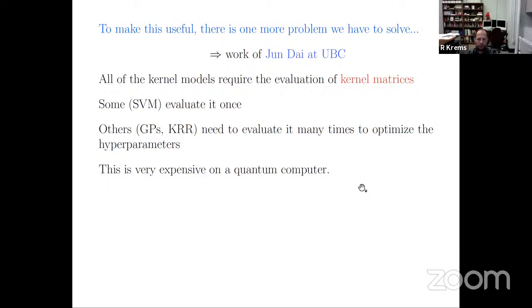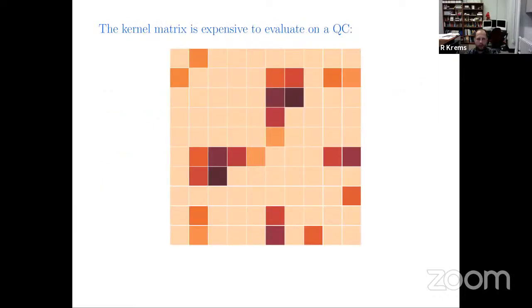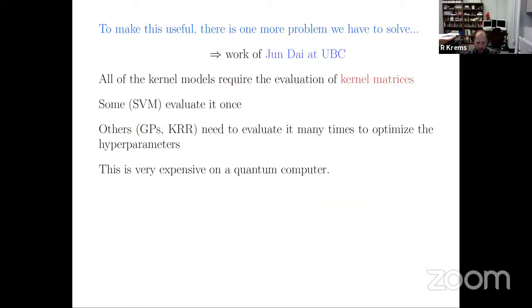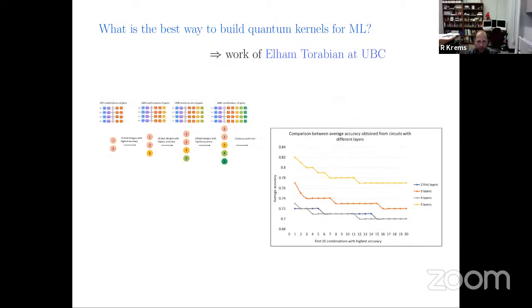So one of the problems that June is working on is... Yeah, can you come back to the results on the previous slides? Yeah, so this does not depend on the number of qubits, as you mentioned. No, so the number of qubits is fixed because the number of qubits has to be equal to the number of features. And so it's a 4-dimensional problem that Elham is solving. So the number of qubits is 4. Yes, it's just the gates that we're changing.